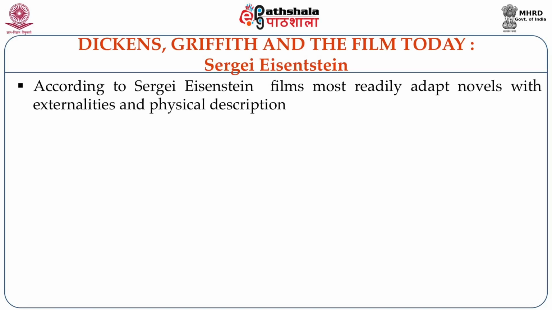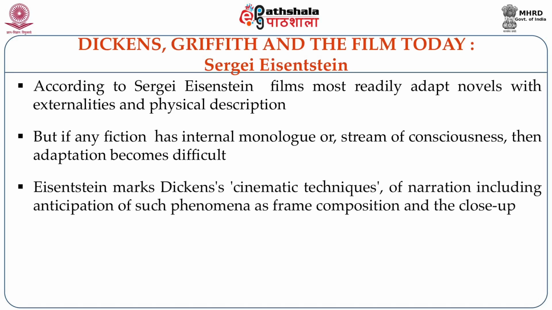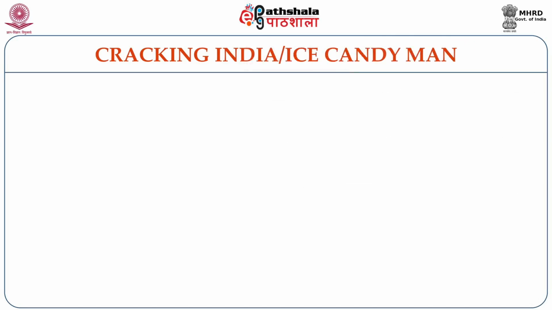According to Eisenstein, films most readily adapt novels with externalities and physical description. But if any fiction has internal monologue or the stream of consciousness, then adaptation becomes difficult. Talking about the work of Dickens, Eisenstein notes his cinematic techniques of narration, including anticipation of such phenomena as frame composition and the close-up. If we apply this theory to Bapsi Sidhwa's Cracking India or Ice Candy Man and compare it with the film made out of this novel called Earth 1947, then we will begin to note the differences